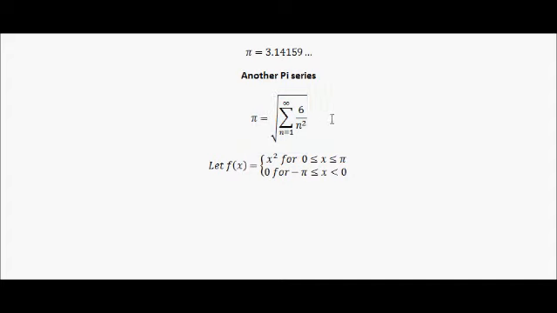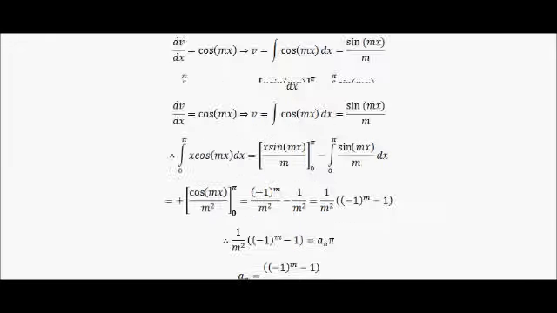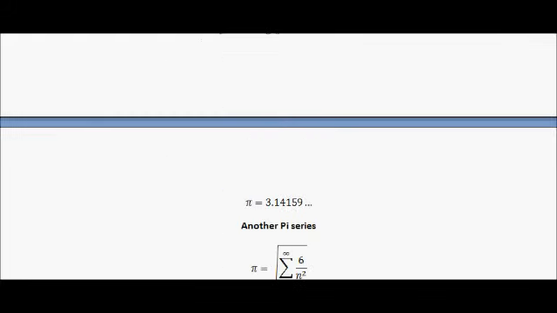Okay, to conclude this video, I'd like to show you another pi series. And this one's quite a lot simpler than the one I showed you. Pi equals the square root of the sum from n equals 1 to infinity of 6 over n squared. You can prove this one using the same method. And I'll give you a hint about how to do that. Let your f of x equal x squared instead of x. This top thing is x squared instead of x. And if you follow this through,